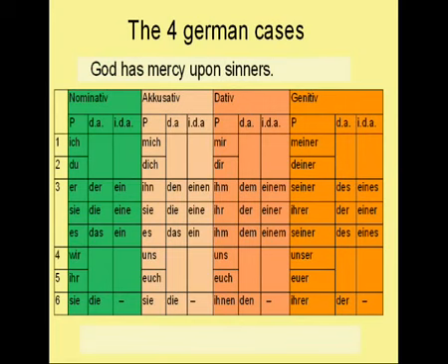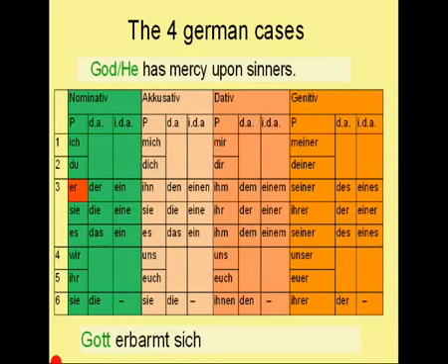Now let's try another one. God has mercy upon sinners. So which one is the subject in the sentence? It is God. He is the third person singular. Therefore the sentence starts with Gott erbarmt sich. So how would you translate the rest of the sentence? Sinners is a plural noun, right? And the article is missing, so there remains only one option to translate it. Namely, to simply use the plural word in German for sinners,